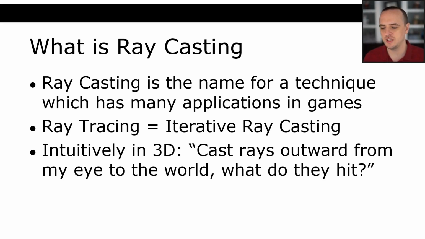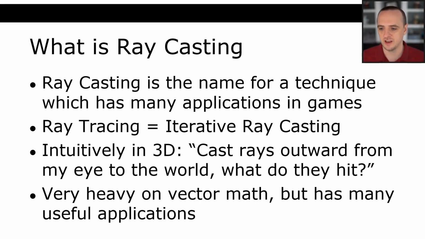So intuitively in 3D, what we're trying to solve by doing this mathematical problem of raycasting or ray tracing is saying something like, cast rays outward from my eyes to the world, and what do they hit? Okay, so what can I see? Or similarly, how does light bounce around and stuff like that? It's very heavy on vector math, especially once you get into 3D representations, but it has many, many useful